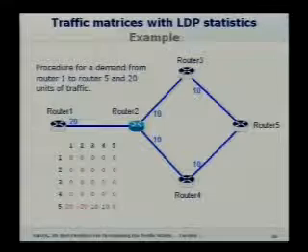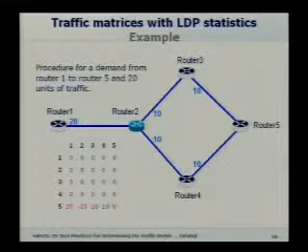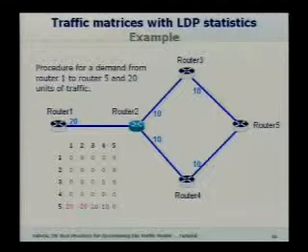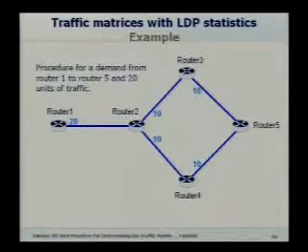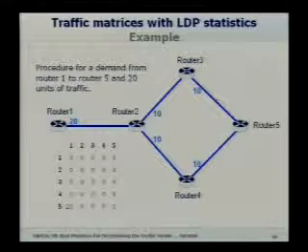Now I look at router 5 itself, which has no information because that's the destination of the traffic. Then I come to router 1. At router 1 I see 20 units of traffic, which were actually coming into the network there. So I put 20 in the column from router 1 to router 5. And I put at the same time minus 20 at the next hop, which is router 2. The reason is I want to subtract the traffic which came into the network at router 1. I want to subtract it at router 2 because I don't want to double count it. So I do that. Then I process router 2, and